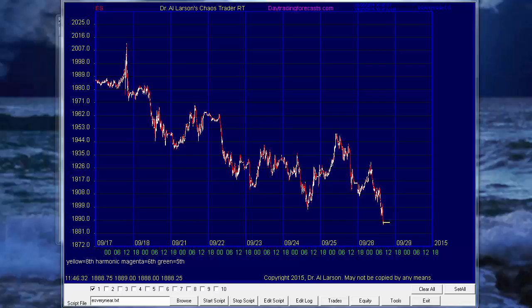Hello, Dr. Al here. This is a 24-hour, 3-minute bar chart of the S&P E-mini. This is 9/17/2015, the day of the Federal Reserve meeting, which caused a spike up here. Since then, the market has been moving lower, had a rally here, and